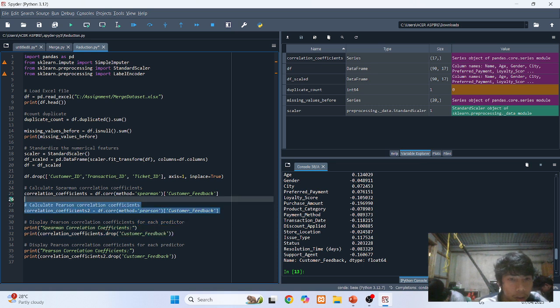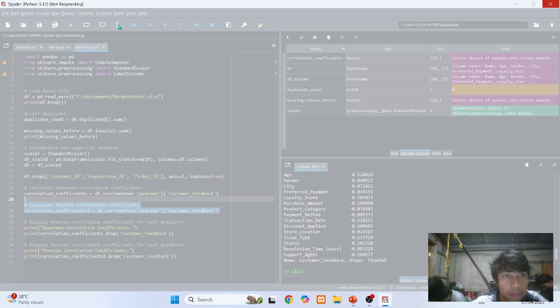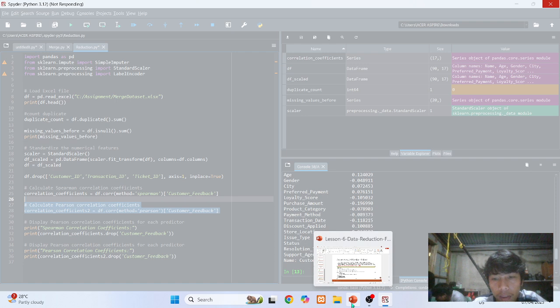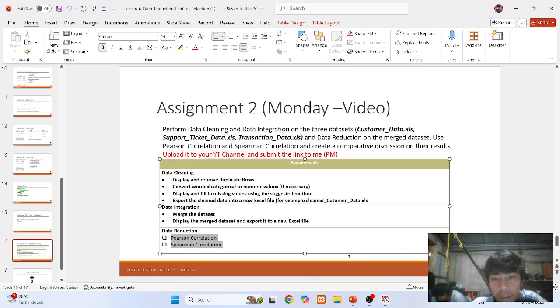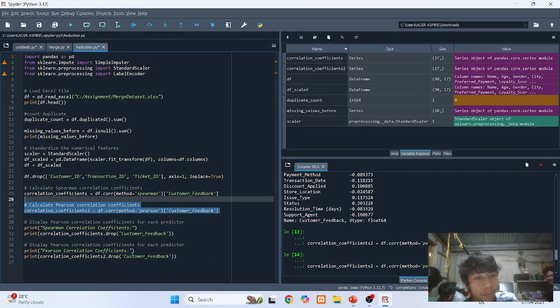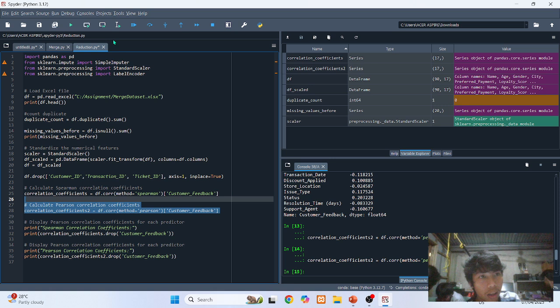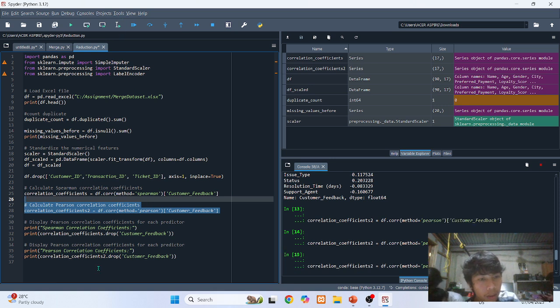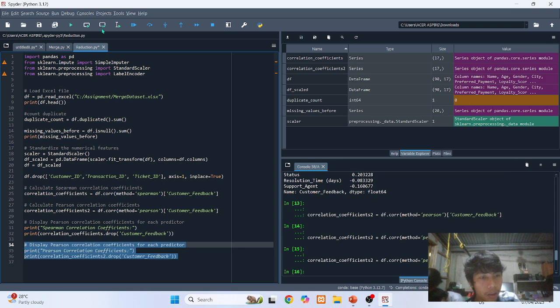Now we're going to perform the Pearson correlation and display the Pearson.